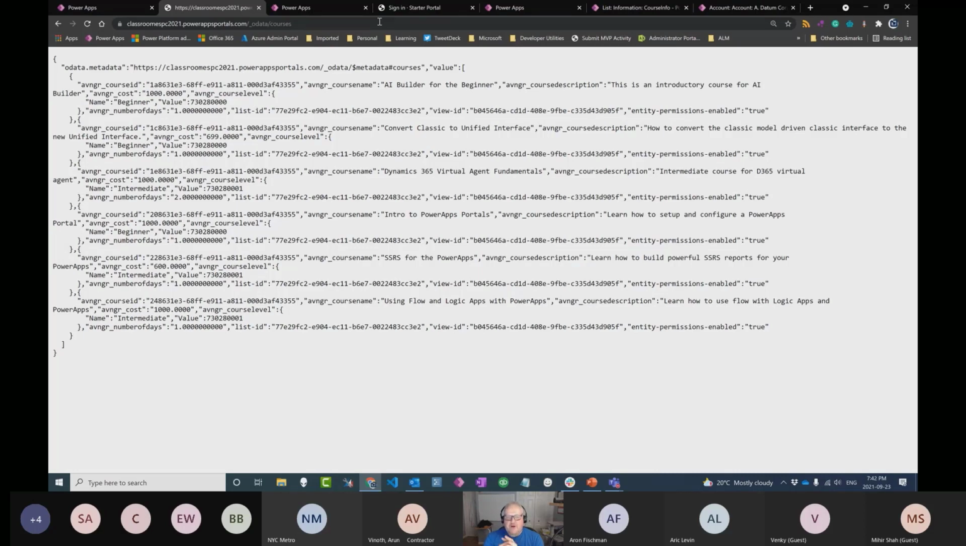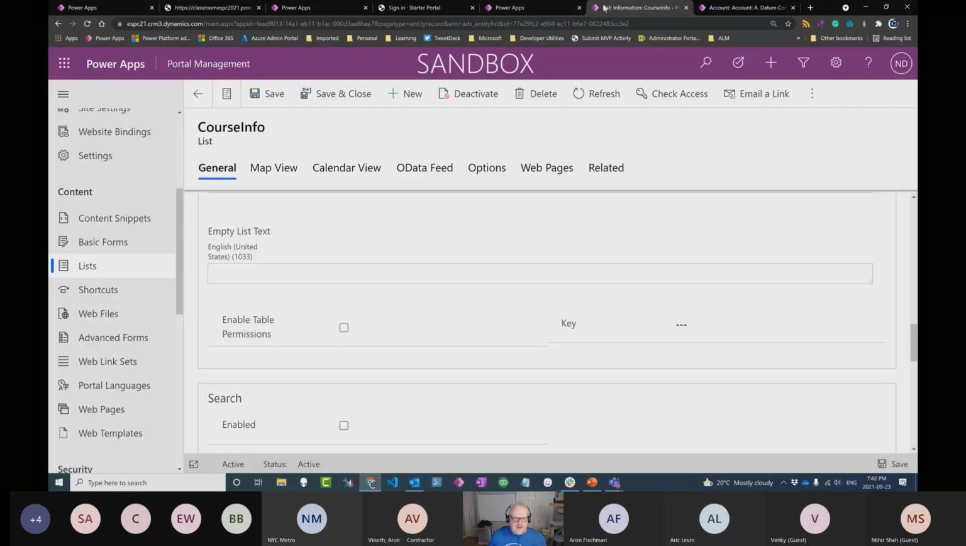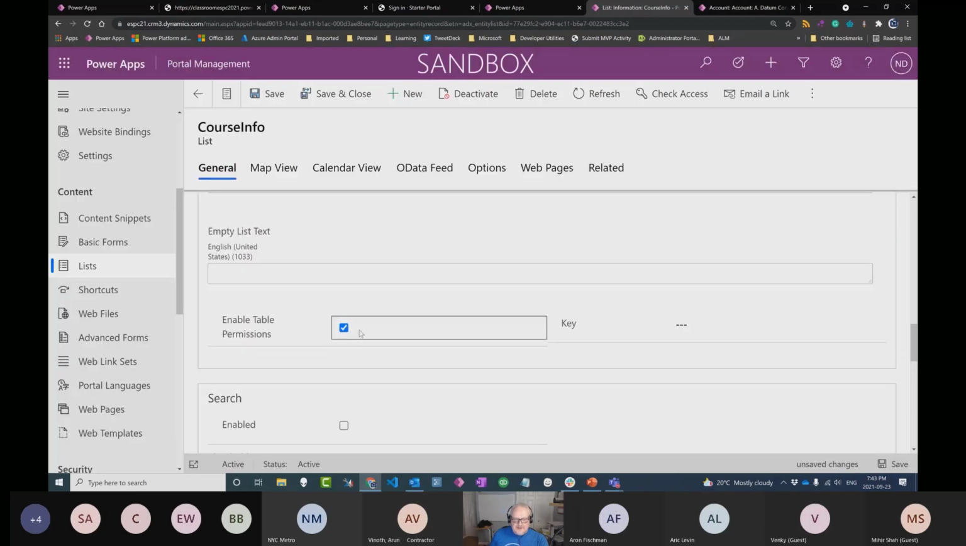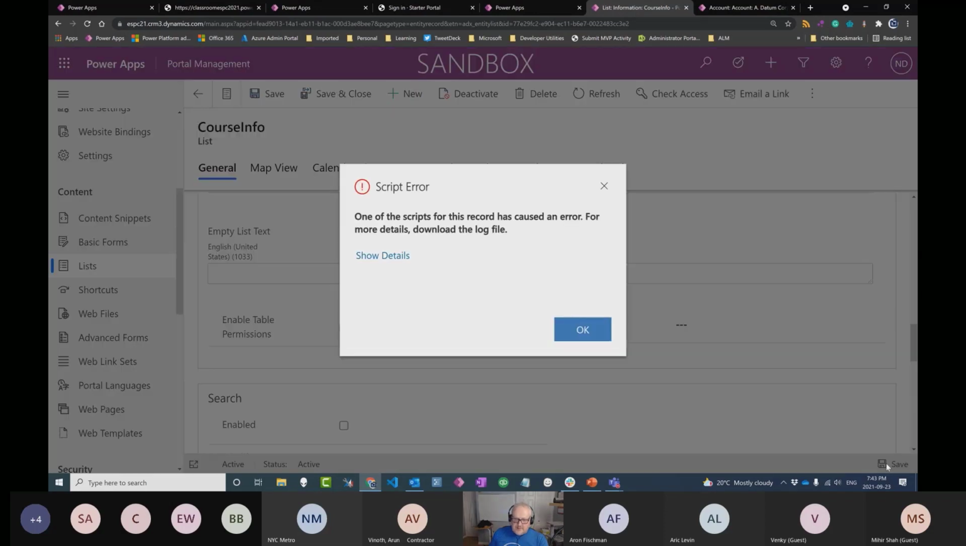Now, the problem was that anybody setting up a Power Apps portal, if they're following best practices when creating that OData feed, should have turned on enable table permissions. Most people did not. And this caused a problem. So what happens now is if I create a brand new list, this is going to be turned on by default. So I've turned this on, the enable table permissions, and by enabling table permissions,